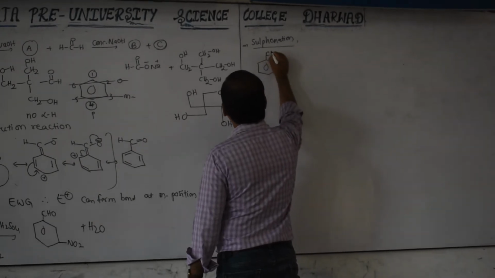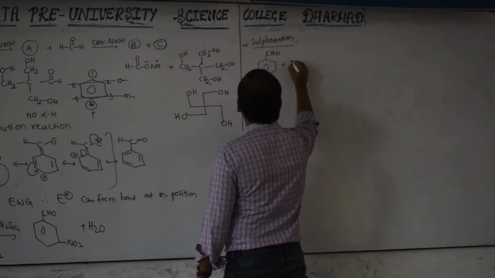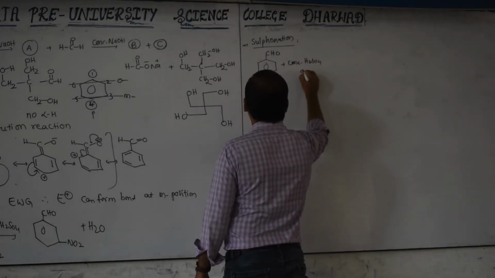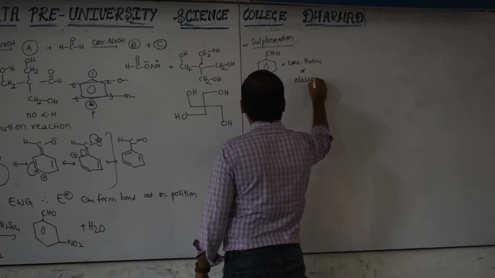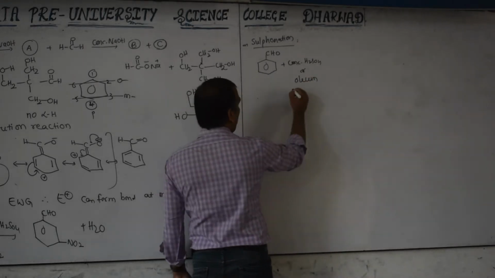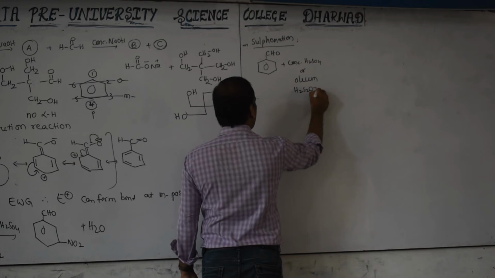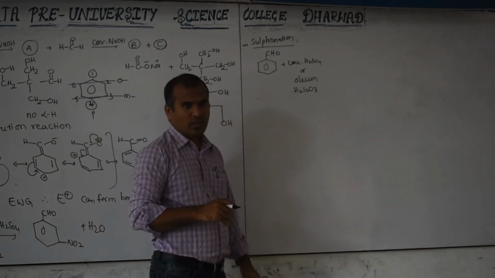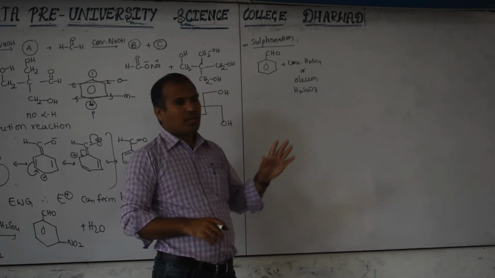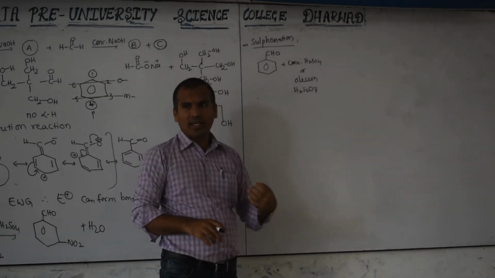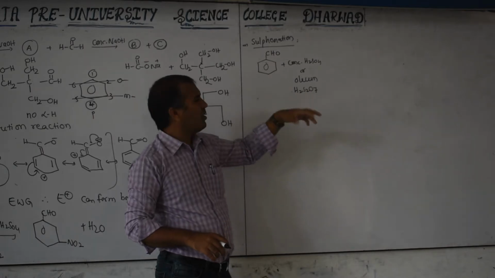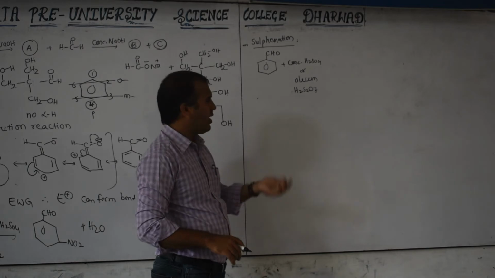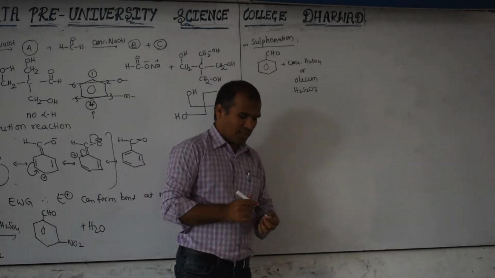This is benzaldehyde reacting with concentrated H2SO4, or in some schemes it is called oleum. What is oleum? H2S2O7, also known as fuming acid. All these common names you have to remember. This comes in second year inorganic chemistry, and we have to discuss this name again. Oleum, H2S2O7, is very important. I think this time one question was asked in the NEET exam.